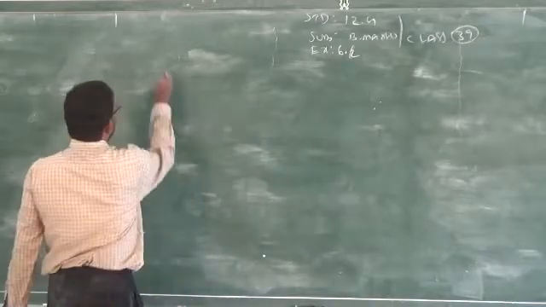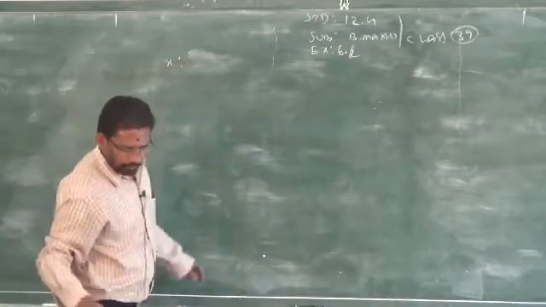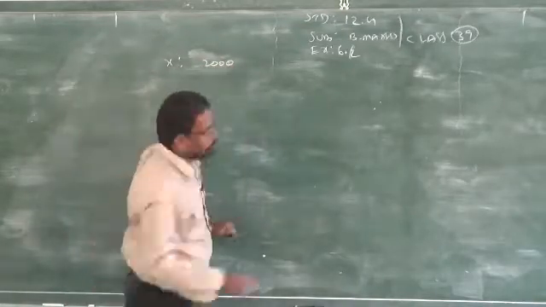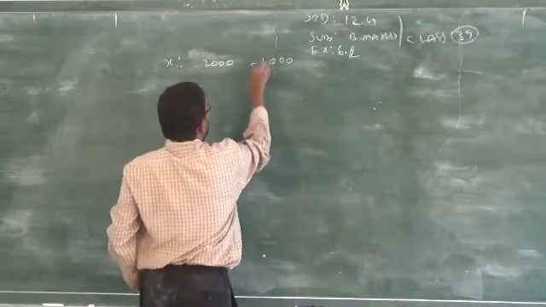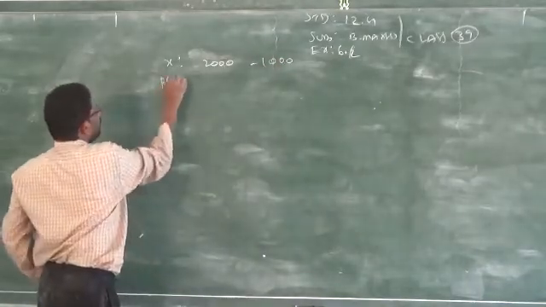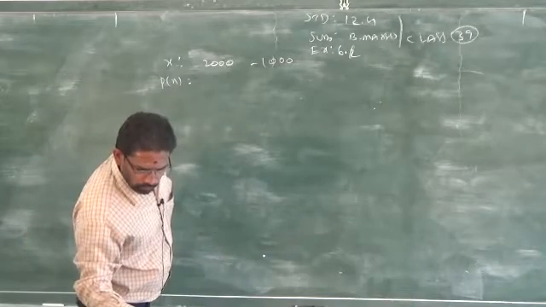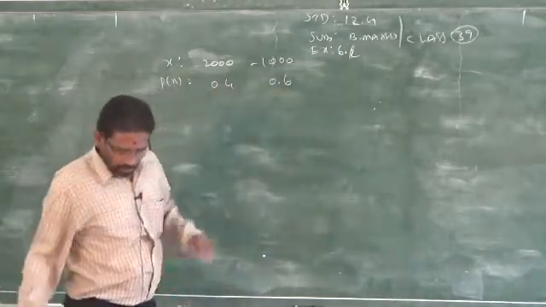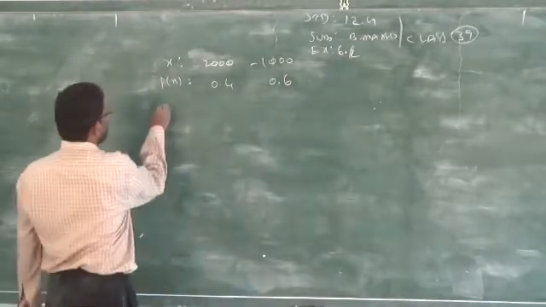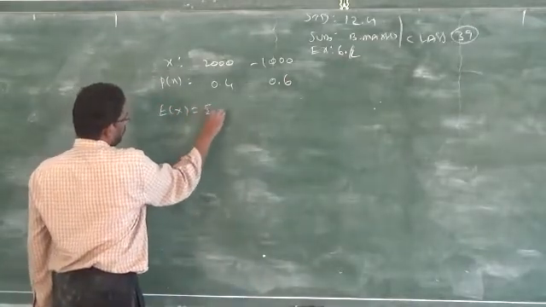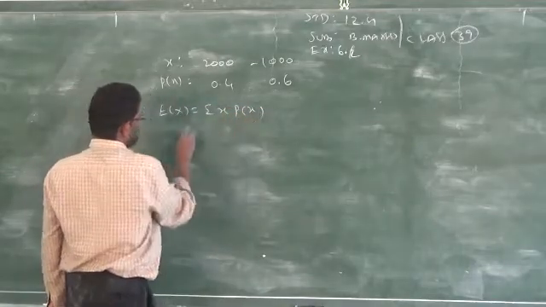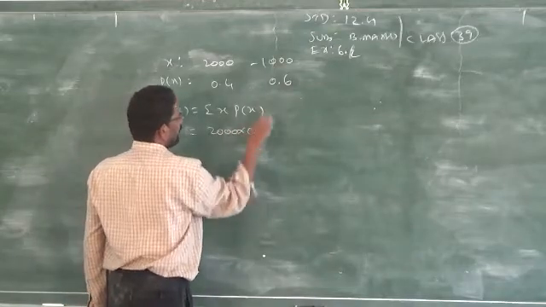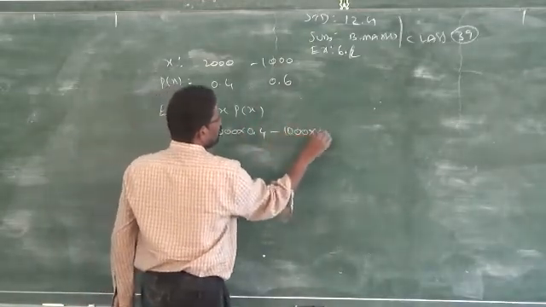So, it is given, again you have to form the tabular PMF format, 2,000, what is one more given? 1,000. Loss is given, so minus. So, the probability of getting profit is given how much? 0.4. Here 0.6. Loss is 0.6. Now, you have to find out E of x. What is the formula to find E of x for a mass function? x into P of x. So, 2000 into 0.4 minus 1000 into 0.6.